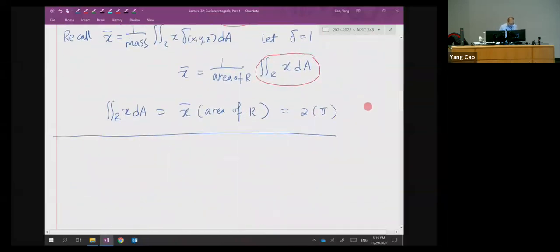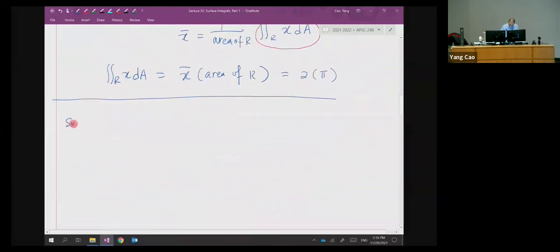Okay. So now next, I'm going to talk about surface integral. Okay, this is a relatively bigger topic. Now, one thing that I also wanted to point out is, many things from here on, actually from a couple lectures before this one, you feel like they're definitely new topics. But if you look at each one of the computations, you'll realize actually they're not new at all. Okay, so they're just a combination of everything that we have learned,